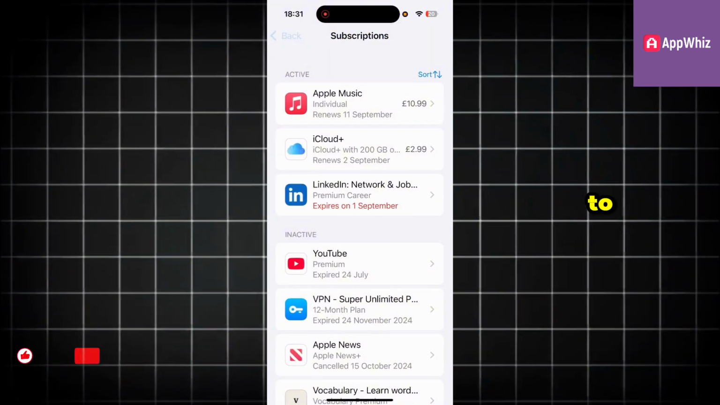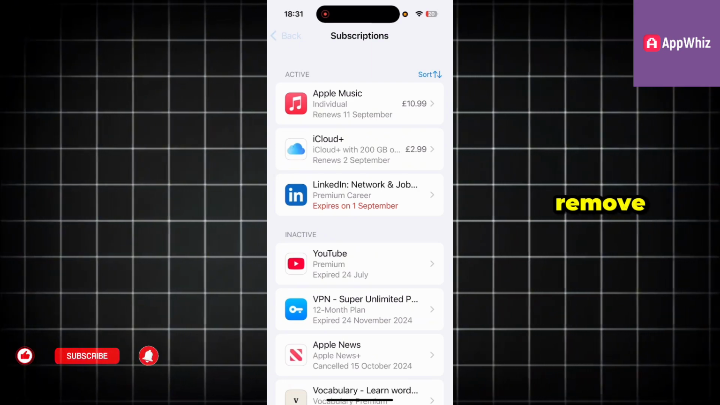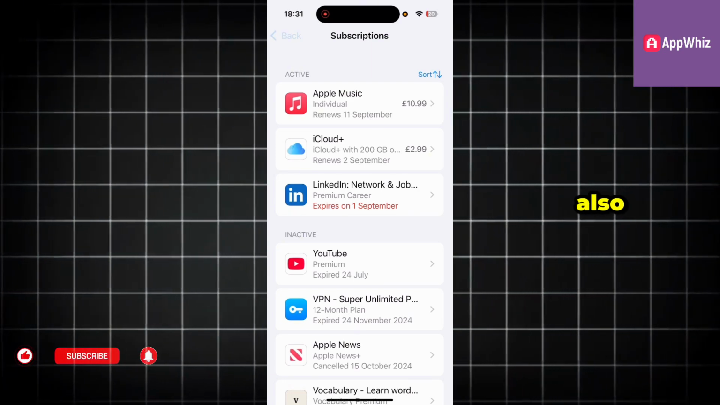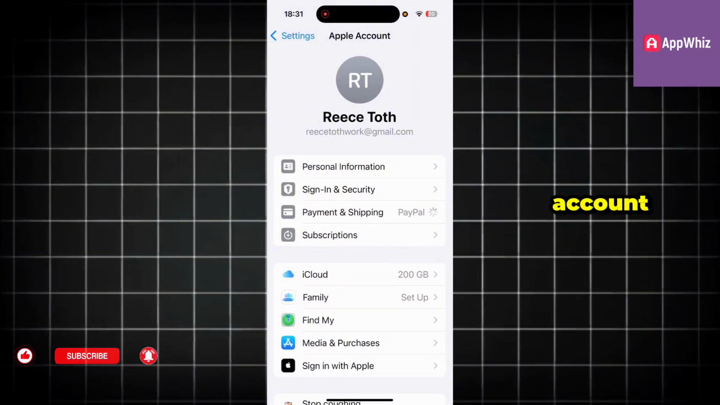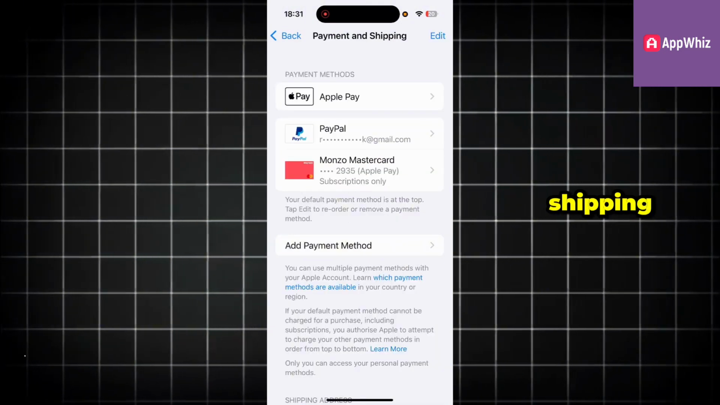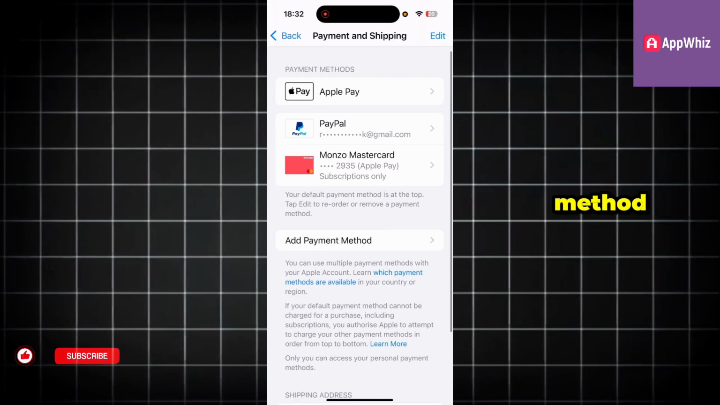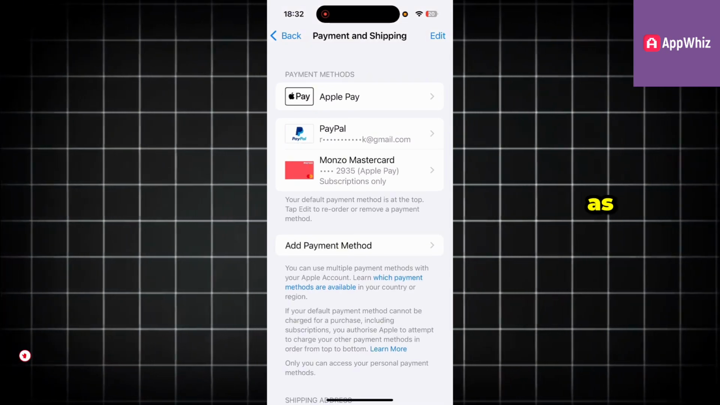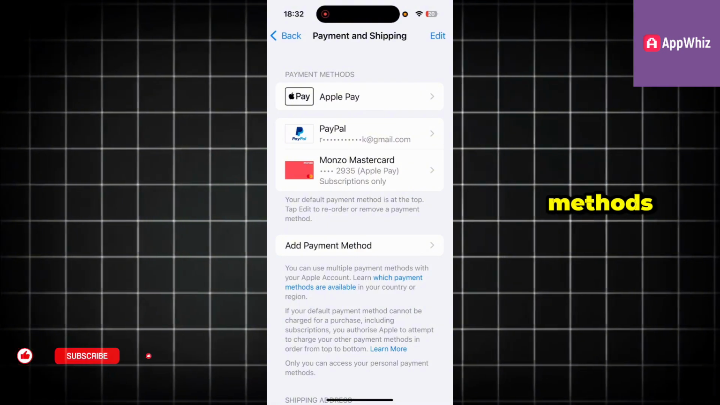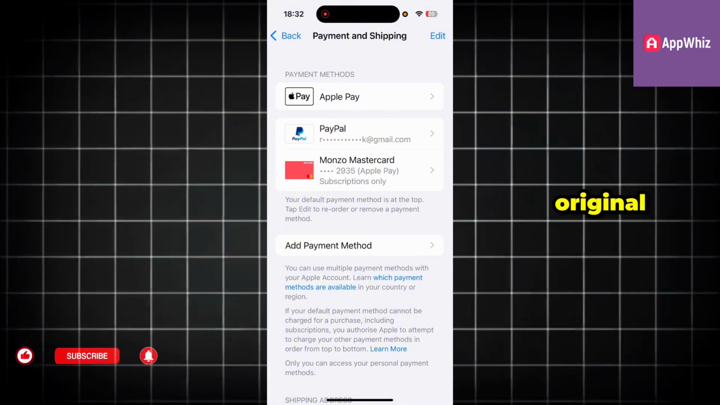Now, if you want to keep your active subscriptions but still remove your payment method, then we also have one other way to do this, and that's to come back over to your Apple account. You can then click on Payment and Shipping. You can then click on Add Payment Method, and you'll need to add a second payment method to your account. As long as you have two active payment methods, then you can remove your original payment